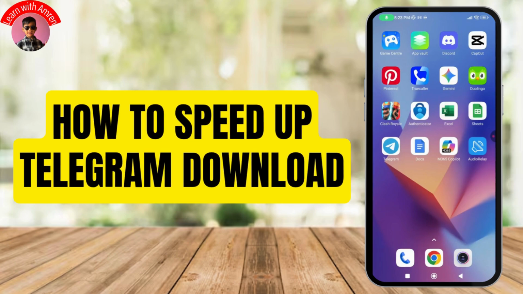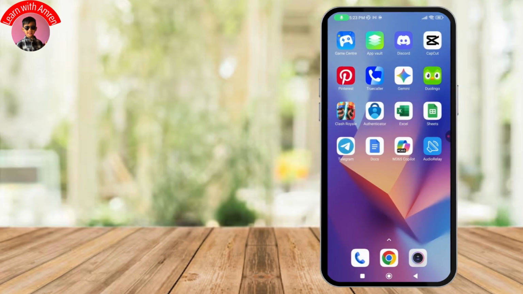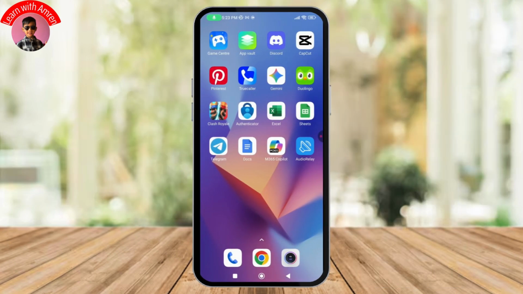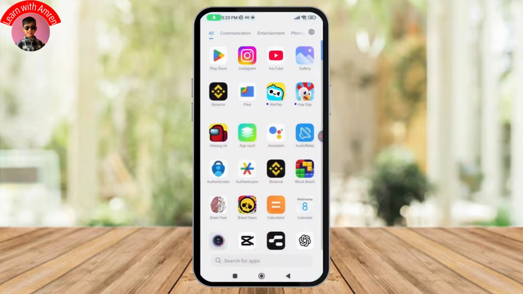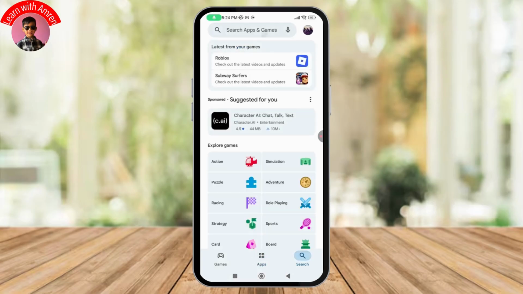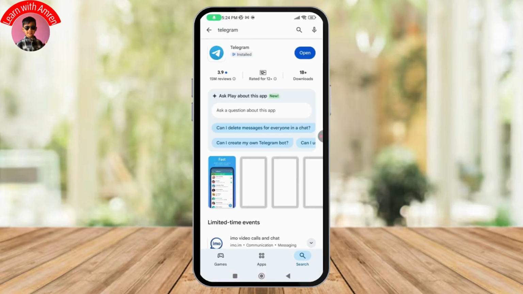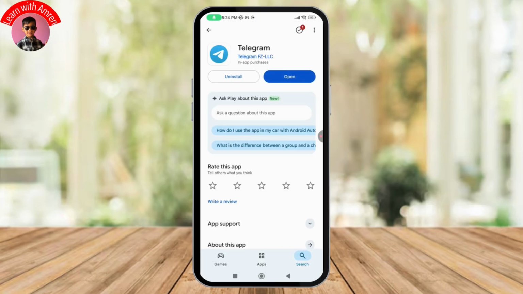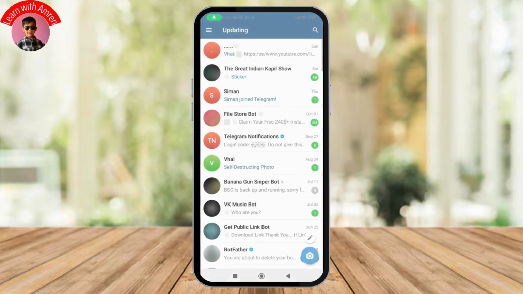How to speed up Telegram download. So if you want to speed up Telegram download, then what you need to do is first you need to just go to your Play Store. After opening your Play Store, go and search for Telegram. Once you search for Telegram, if you have any updates on your Telegram, you just need to simply go and update it. Once you've updated, your problem might be fixed, or you can just tap on open up your Telegram application,